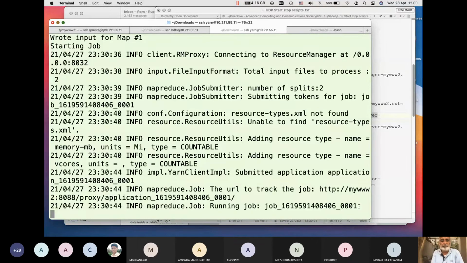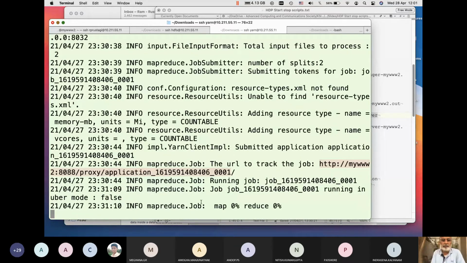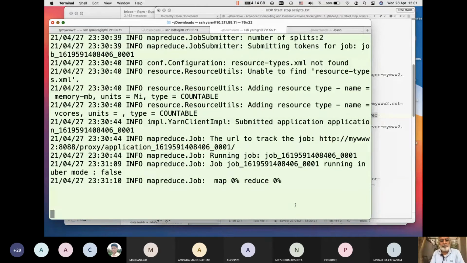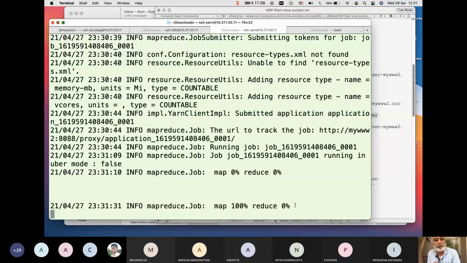So it'll probably take a few seconds. And you can actually look at the job status in the browser by entering this URL. So it says map 0%, job scheduled, YARN manager. Soon you would see map maybe 50% or 100%. Because first map has to be run, then the reduce would run. Remember, this is a single instance node, so it will probably take a while.